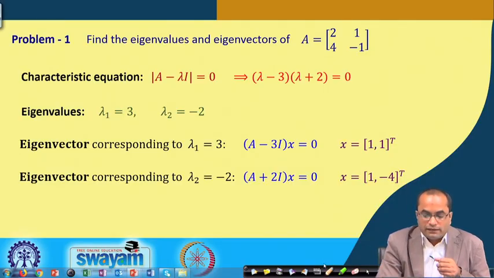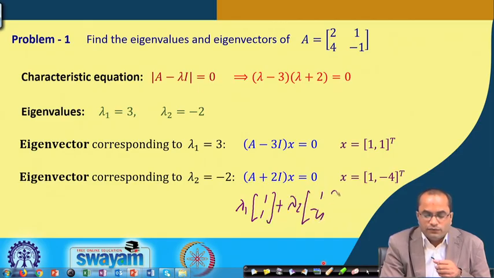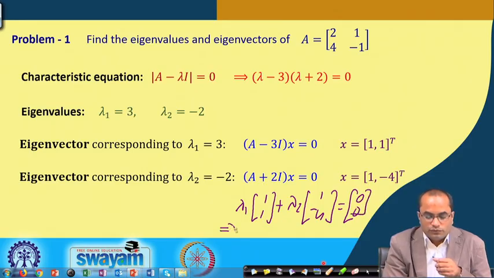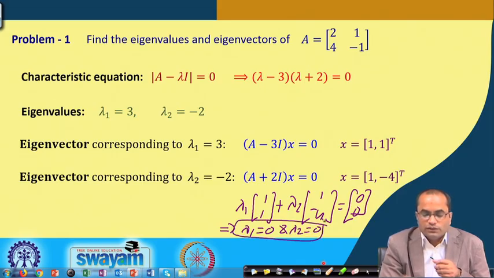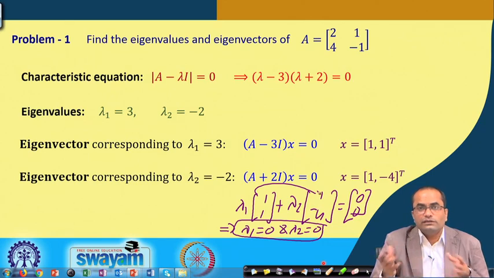We cannot get lambda 1 times this (1, 1) and then lambda 2 times this (1, -4) equal to 0 unless both are zero. If you want to set this linear combination to 0, the only solution will be that lambda 1 is 0 and lambda 2 is 0. There is no other possibility here. So, these vectors (1, 1) and (1, -4) are linearly independent vectors,